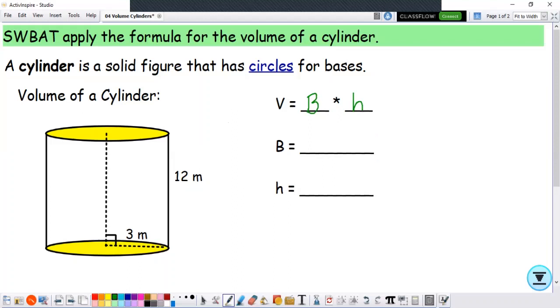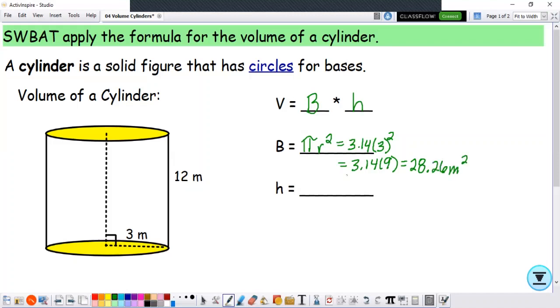Remember, capital B is going to be the area of the base, times H, which is the distance between the bases. Now, because our bases on this cylinder are circles, we are going to use the formula B equals pi r squared. Pi is 3.14. The radius of our base is 3. Remember, radius is the distance from the center of the circle to a point on the circle. And 3.14 times 9, because 3 squared is 9, equals 28.26